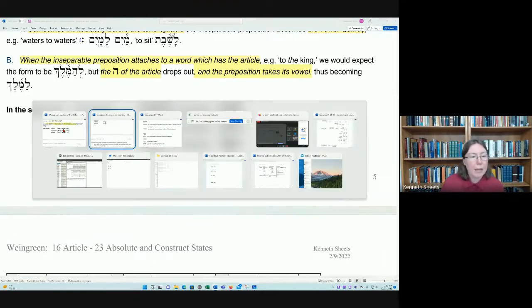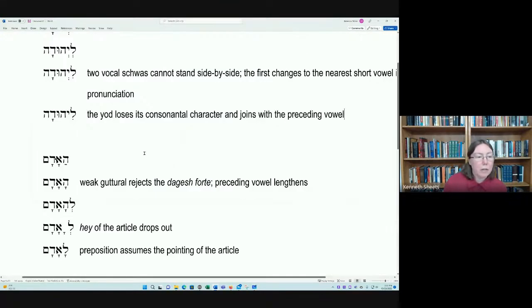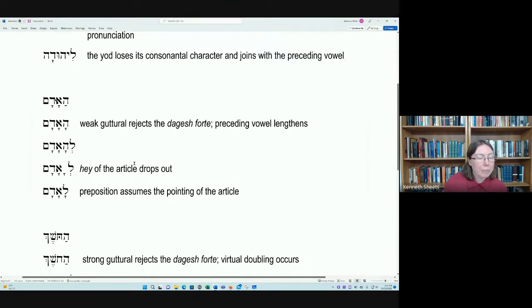And so thus coming on back to this one here. So for instance, if we take this particular word here,